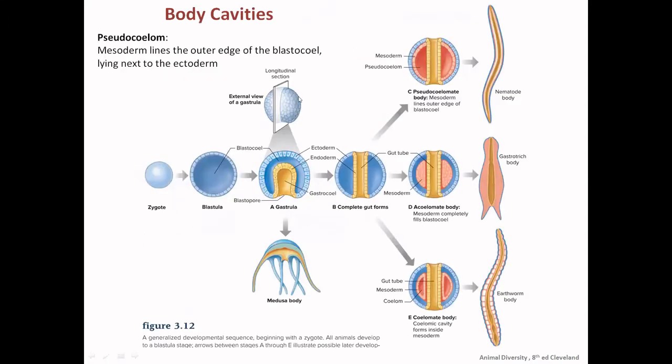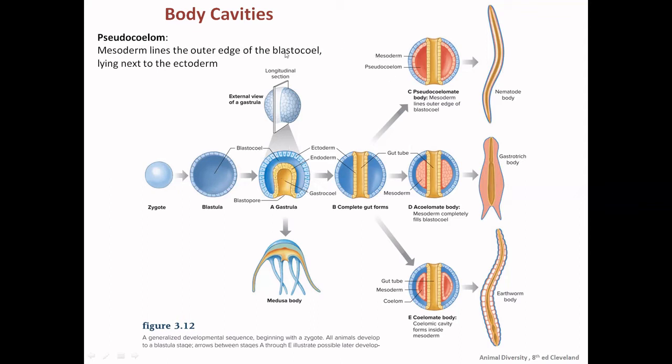So this is how the body cavities are formed. This is a zygote. In the blastula, there is a central cavity, the blastocoel. Then a furrow is formed in the blastula, which leads to the development of the blastopore. Because of this there are two germ layers: the ectoderm, which is the outer layer, and the endoderm, which is possible because of the invagination at the blastopore side. So this is the two germ layer stage.